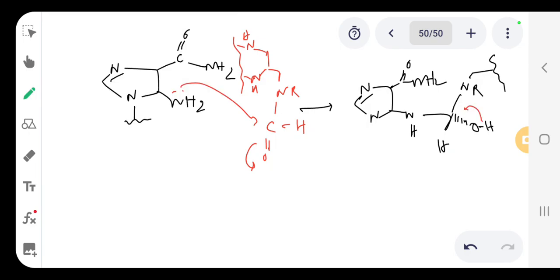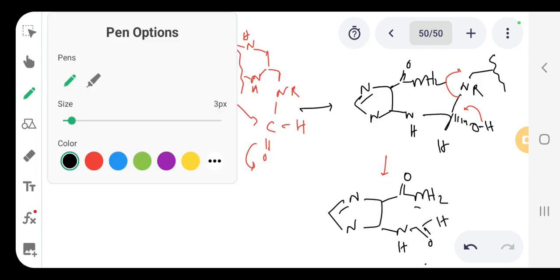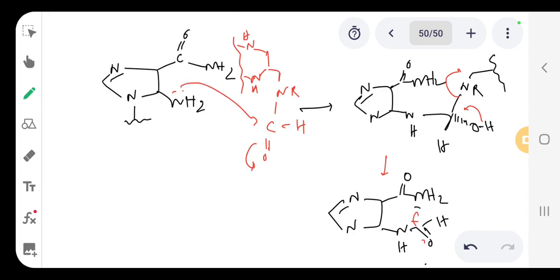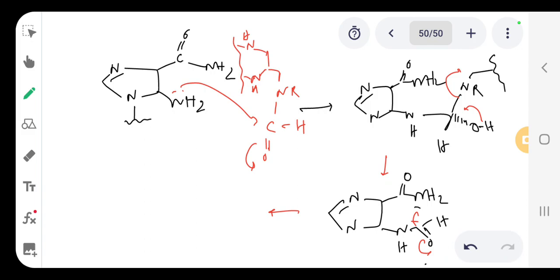The OH will give rise to opening up of this, and by this process what structure will come up, right? So this CONH2, there will be NH, double bond OH. This nitrogen lone pair will attack here, and it will open up